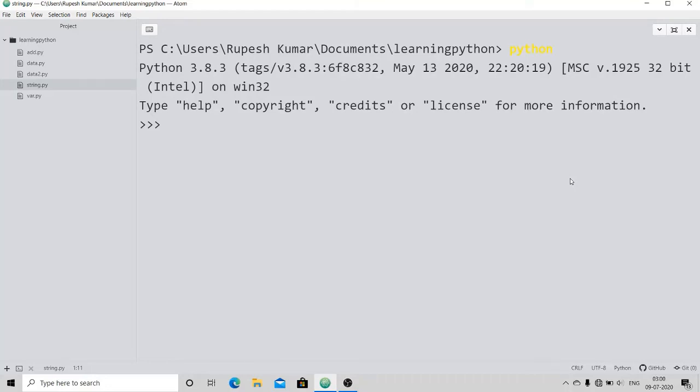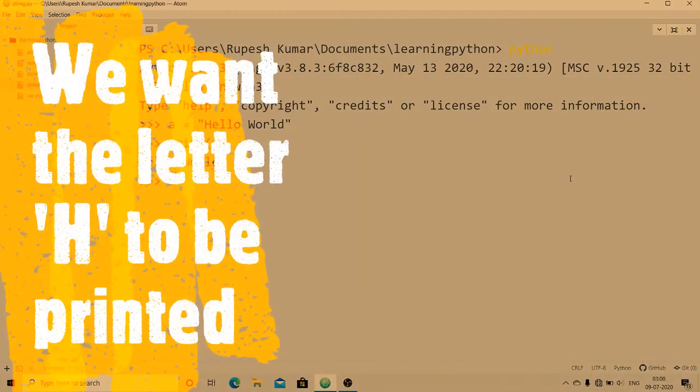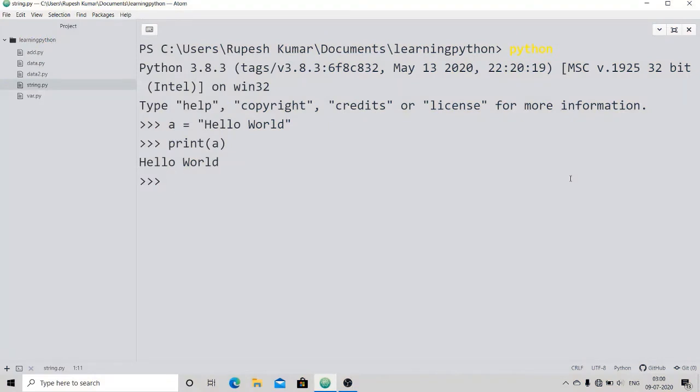Strings are arrays. Suppose I have a variable whose name is A and I have declared the value hello world here. So this is my string, and as we have discussed, if you want to print that string, you just need to write print A and you will get the output hello world. Now how do we extract a single letter of hello world? Suppose you want to extract H from the string hello world. How to do that? There is a concept called array. That means whatever string you have, say hello world, acts as an array. So what is an array?